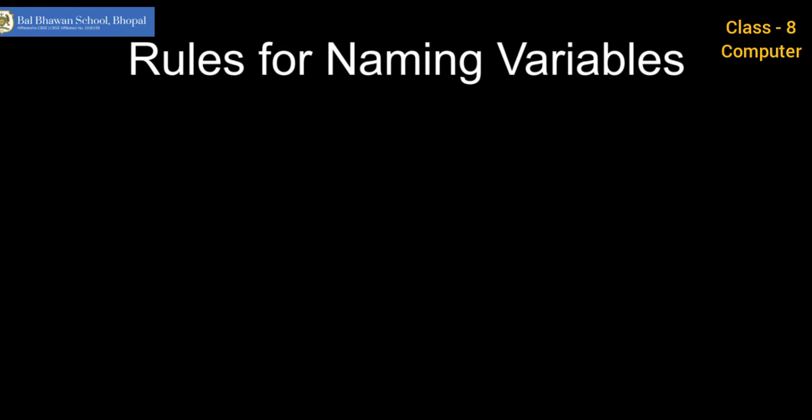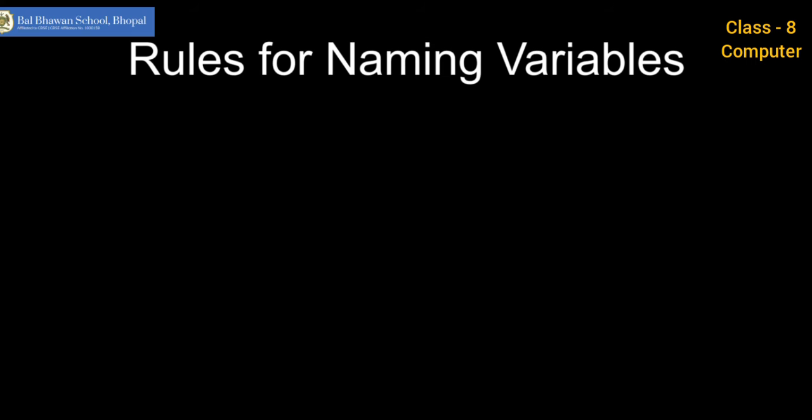Rules for naming variables. But before I tell you the rules, I will tell you why exactly we need to name the variables. Again, take an example. You have a class of 40 students. Each and every student has a name by which he or she is identified. If students don't have their name, how will a teacher identify the student? The same case happens with the variables. In the computer memory, there are so many variables. But how do we know which variable we are referring to? Therefore, to give a variable an accurate and a perfect name is required.